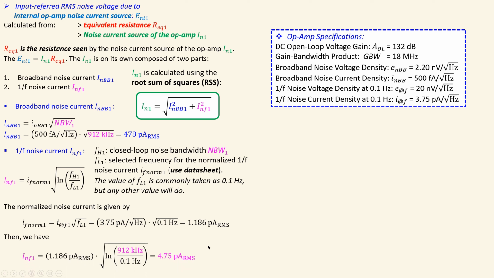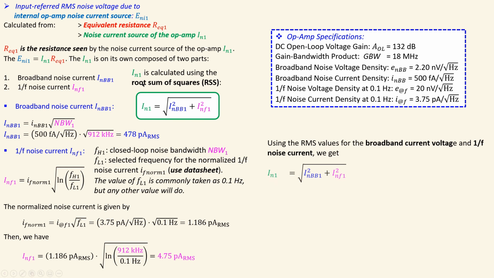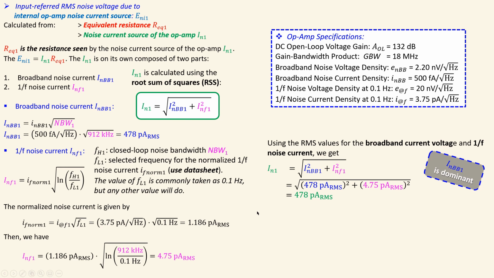This is the broadband, and this is the 1/f noise part. Now, using the RMS values of these two, and also the formula for the I sub N1, I have the following results. So you can again see that the broadband part is dominating here. So it is in total